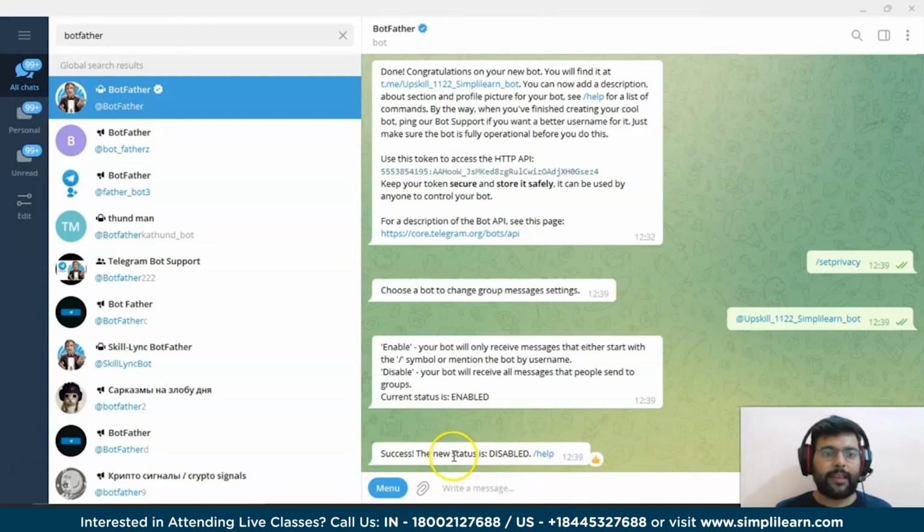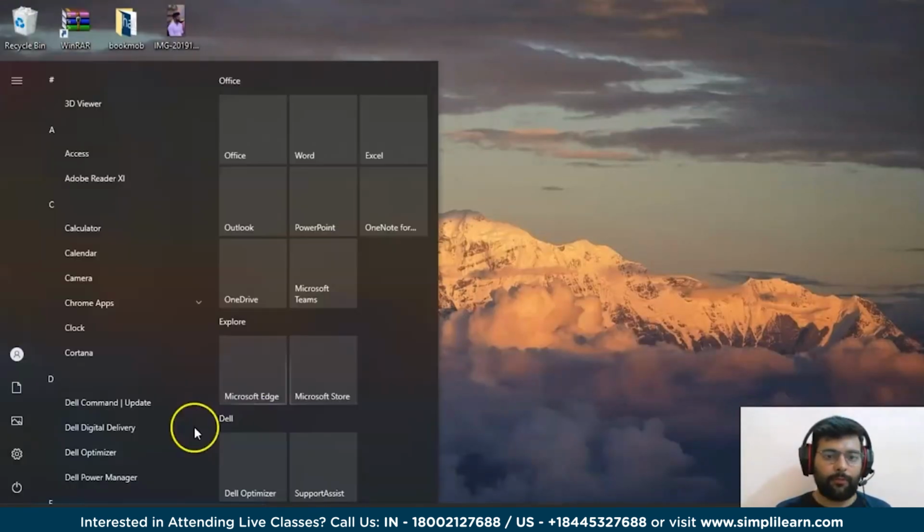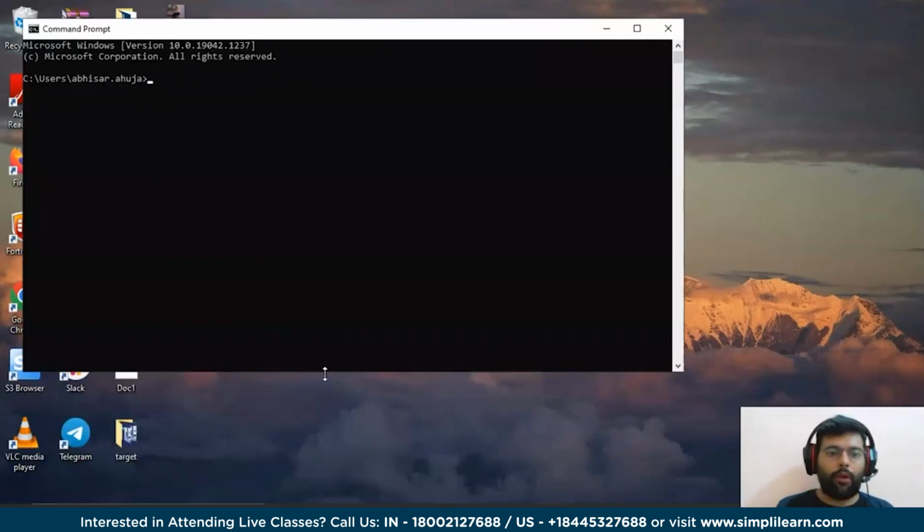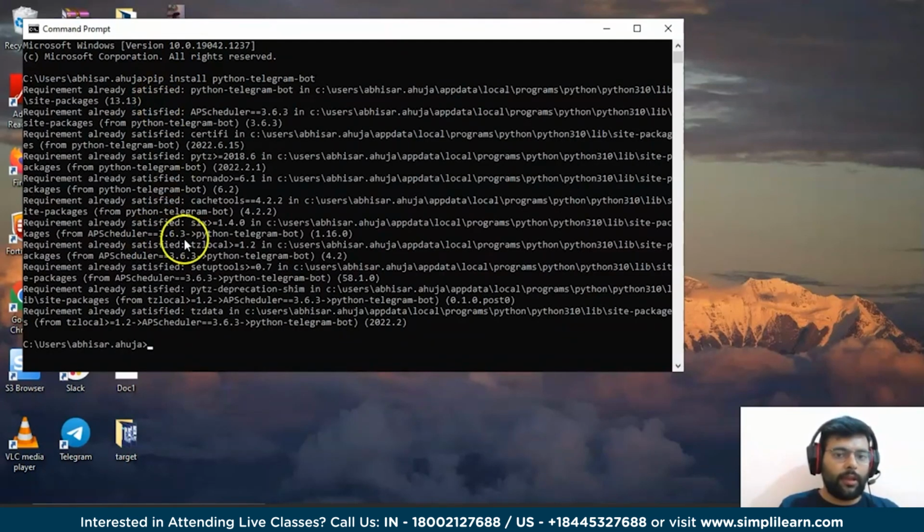First, we will see the external packages we need to install for this project. For that, we will move to command prompt and install the packages. The first package is pip install python-telegram-bot. As you can see, the package is already installed on my system, so you have to install the package and